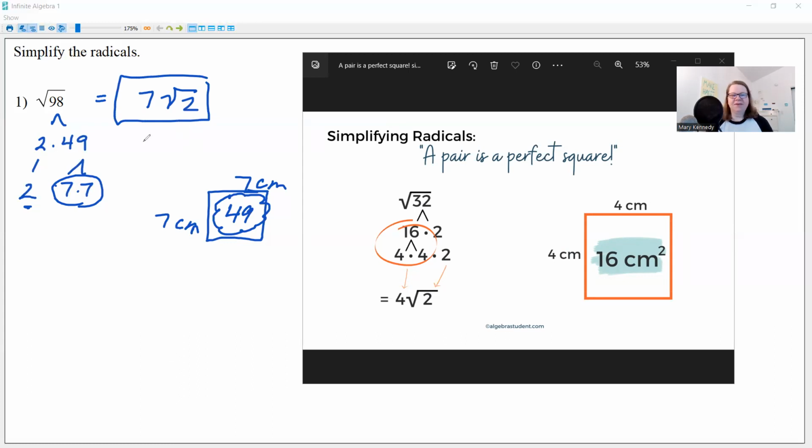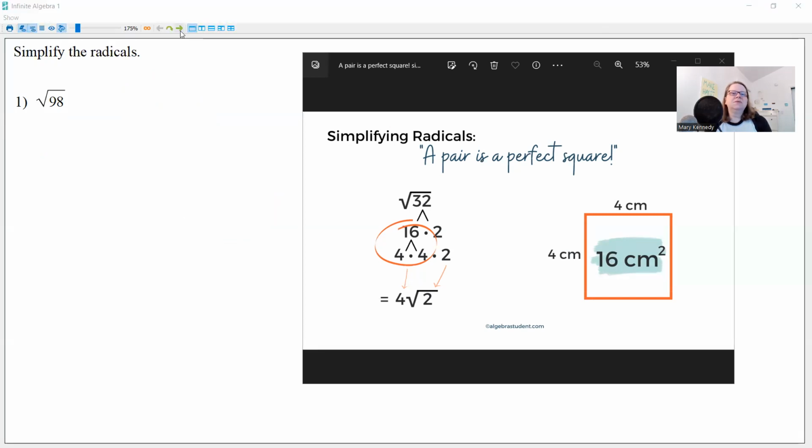So these can be complicated. And when you look at it on a calculator, most calculators are not going to give you 7 square root of 2. They're going to give you some long decimal that is not what you're trying to get here. You're trying to get the simplified answer. And this is considered the simplified answer. So let's do another one with a little more complexity to it and kind of see what that looks like. So let's go to